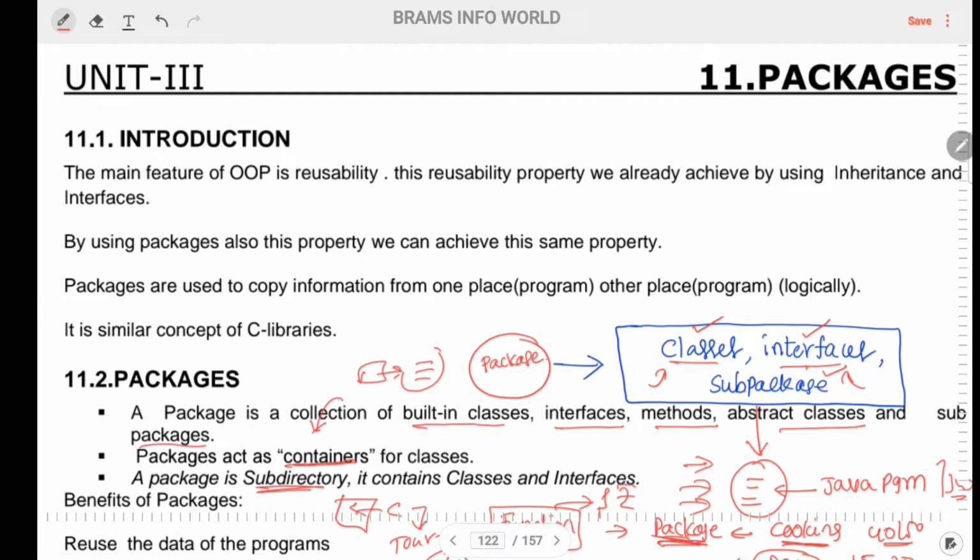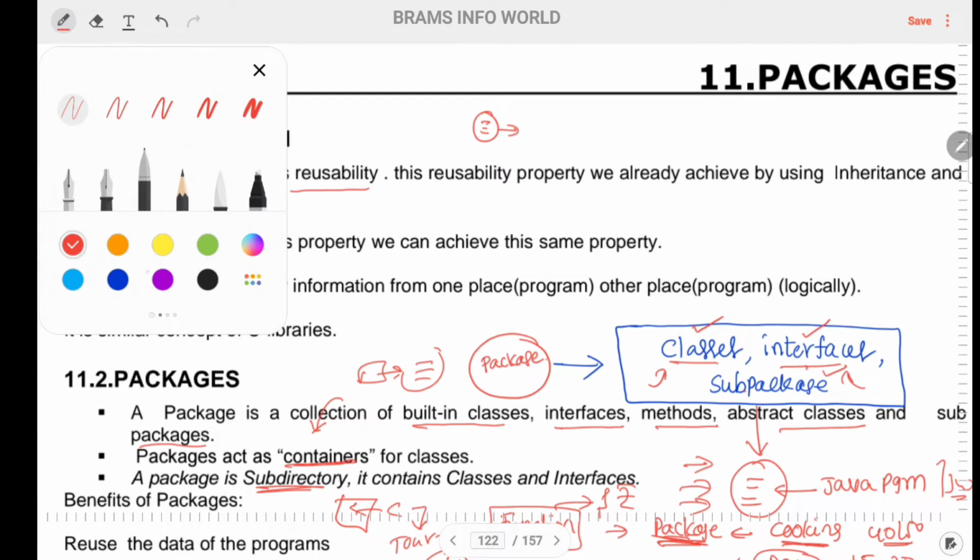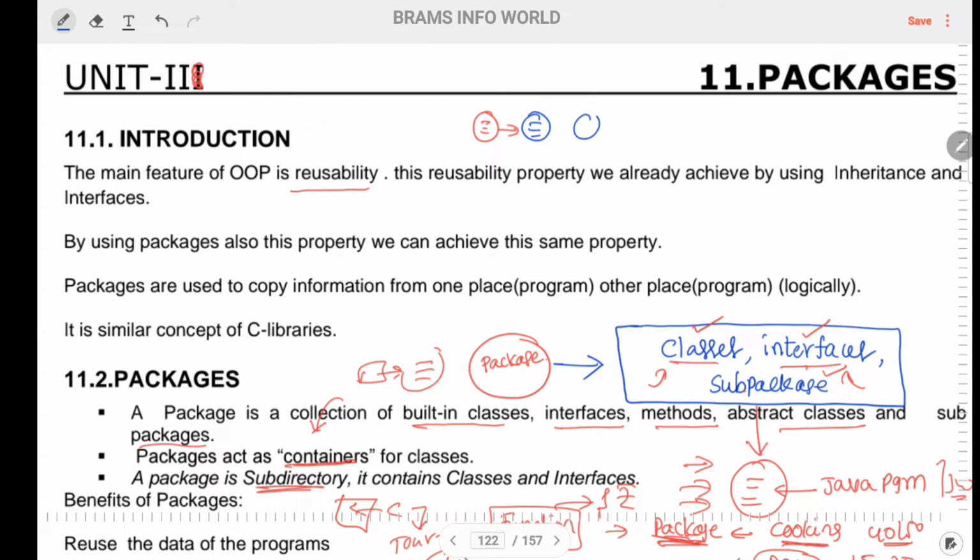See, what is the advantage of the package? The major advantage of the package is reusability. Reusability means the same program code is going to be used a number of times, like program 1, program 2, program 3, program 4. We have to use the same code again and again.